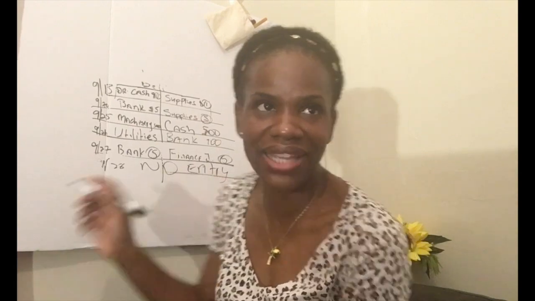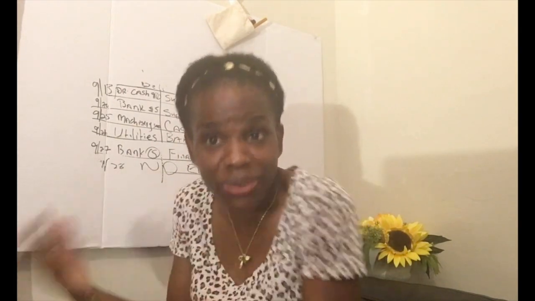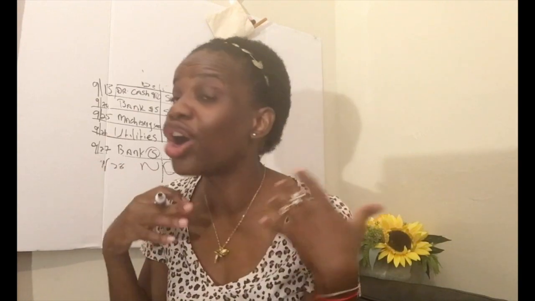Wait, what is no entry? You applied for the loan. Did you get anything? Did you give anything? Did I tell you the loan was approved? No entry. So you have certain things when you're doing journal entries that are just informational. So that would be an example of it. Okay, you applied for a loan. It didn't tell me that you got the loan. It didn't tell me that your loan was denied. It didn't tell me anything other than you applied for a loan. So that would be just a no entry.